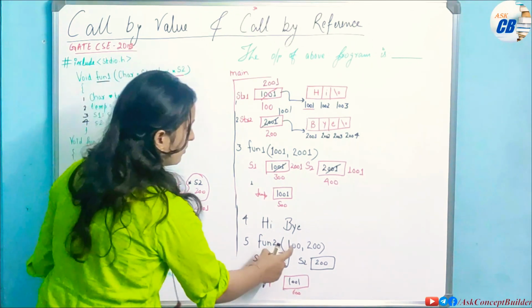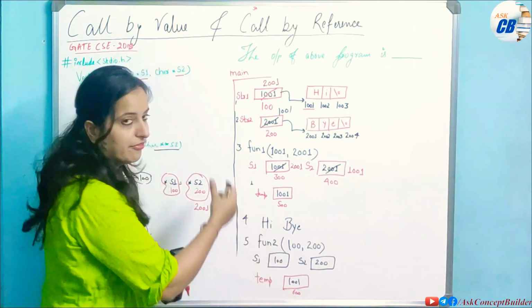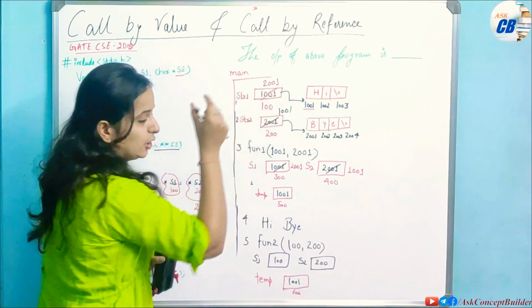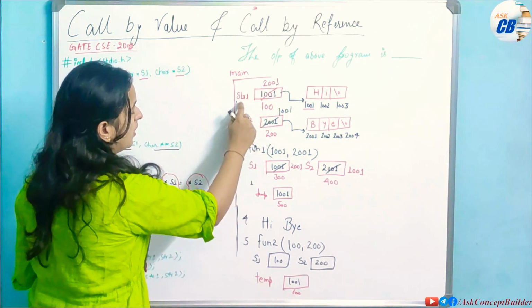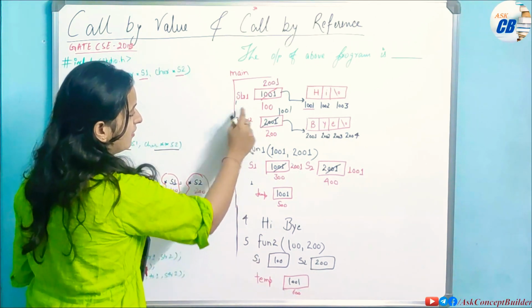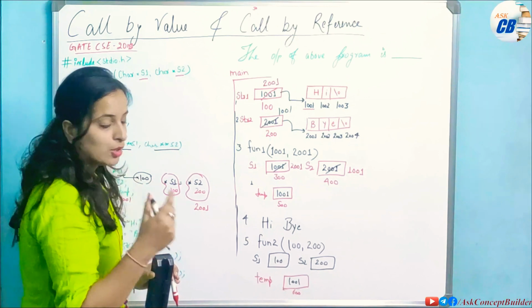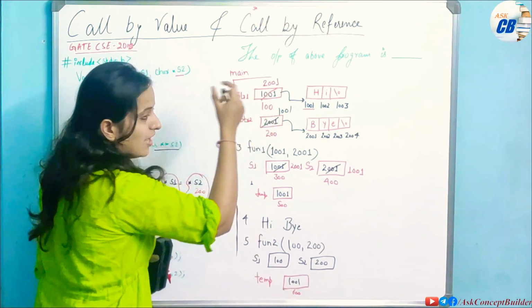So when addresses are passed, that is called call by reference. Then that will directly affect the value which was present in your main function, from where it was called. So it has directly reflected in str1 and str2 because we have referred directly to the address and the value at that address.